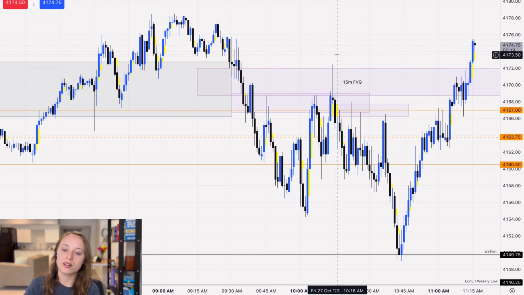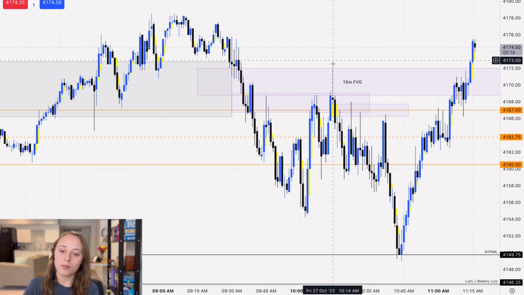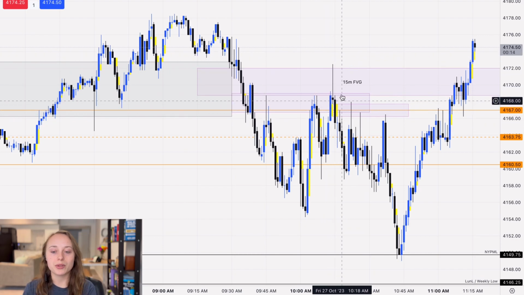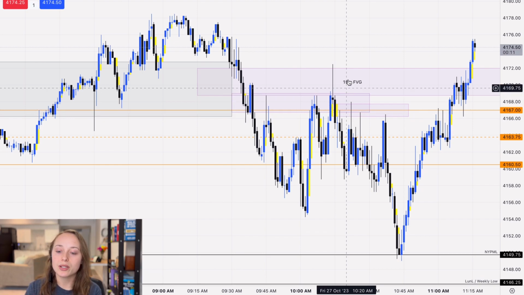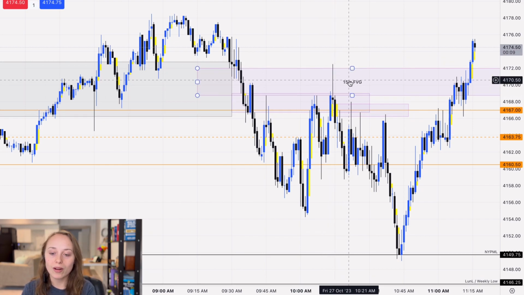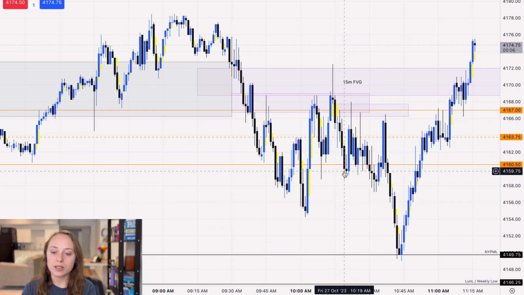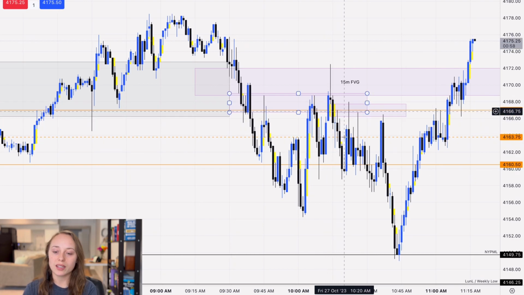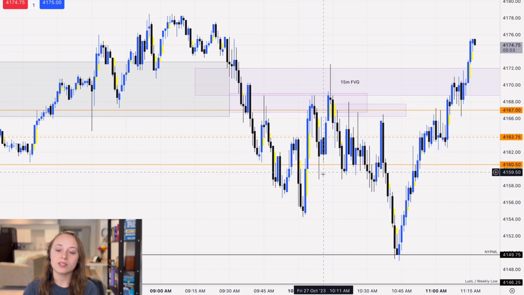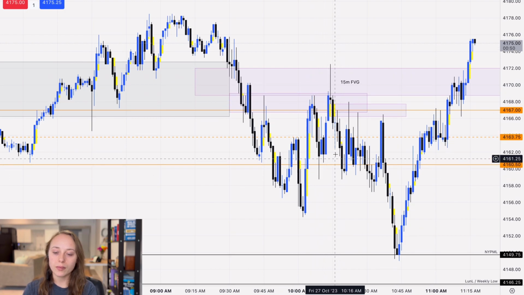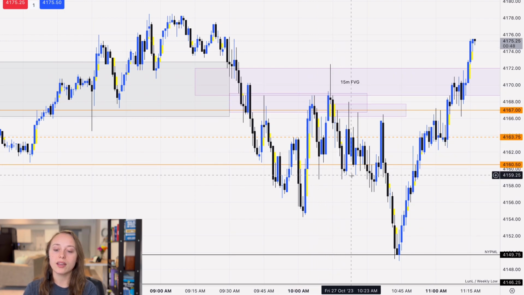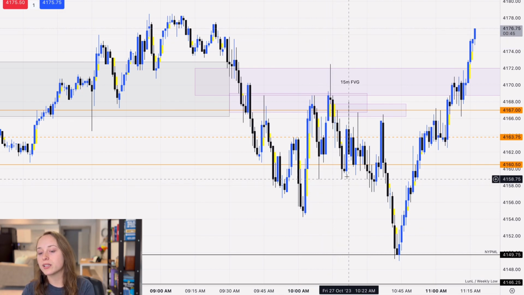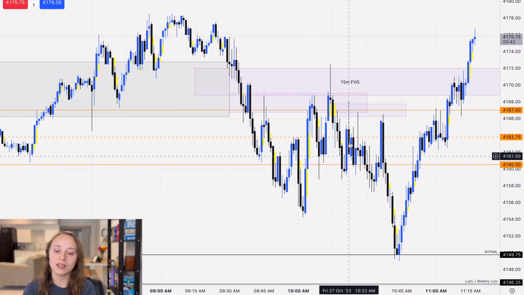Again, came back in. We did have this wick right here, but we closed inside the 5-minute fair value gap, so I was like, I do like how we traded into the 15-minute fair value gap. However, come back down. We did come back up into this 1-minute fair value gap, which is actually nice to see considering we had another fair value gap right here. But I just don't like this consolidation movement, especially since we went lower to go higher, took out these highs again. We didn't have that break in structure, but seeing these relative equal lows could have been a potential shorting opportunity just to get into those lows.